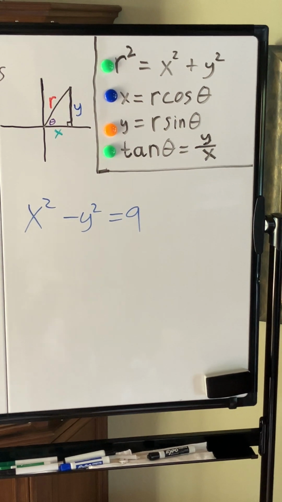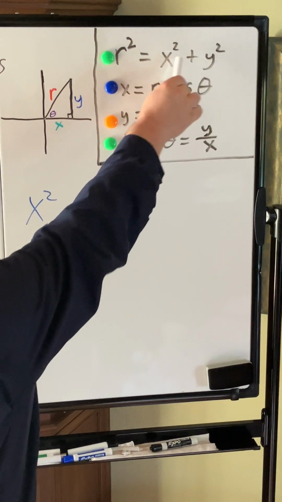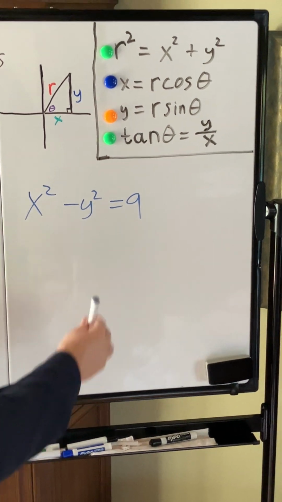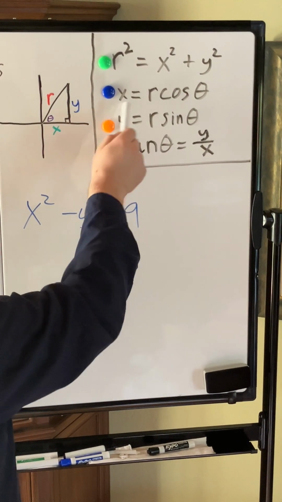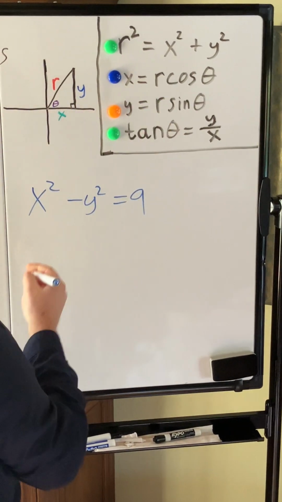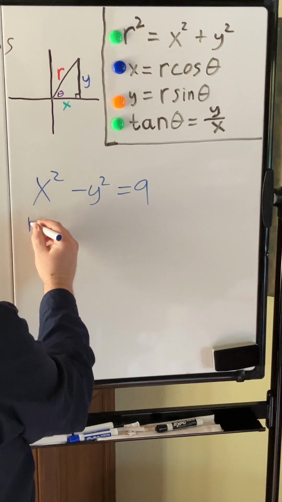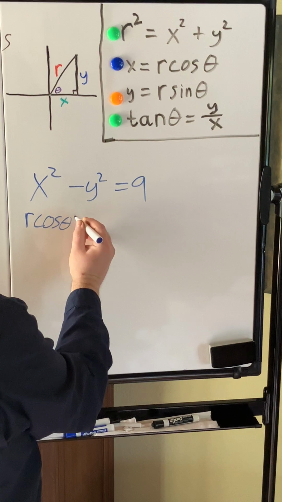In this case, we cannot make this simple substitution right here. So, we're going to have to utilize a more direct substitution with x and y. So, if x is r cosine theta, then I can just substitute that in for x and say, well, r cosine theta